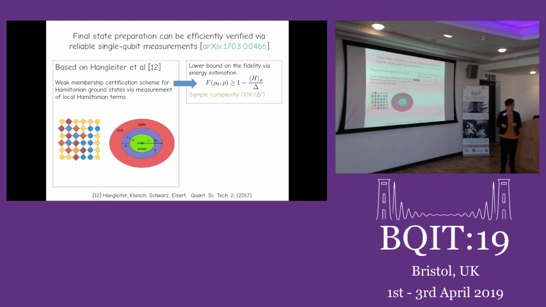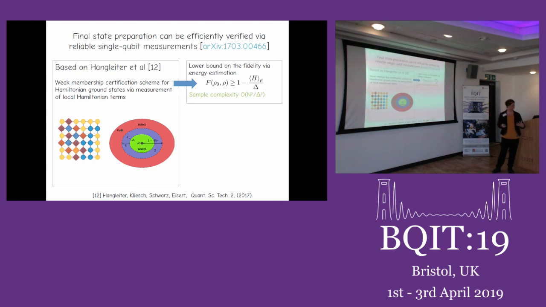So basically, what their protocol does is, if somebody wants to prepare a ground state of some Hamiltonian, they can do some local measurements of some Hamiltonian terms, and they can compute an estimate of the fidelity of the state that you have prepared with respect to the ideal ground state, also only using polynomial time, with a classical computer. More precisely, the scheme takes a ground state, measures some local Hamiltonian terms, and then using that, they show that